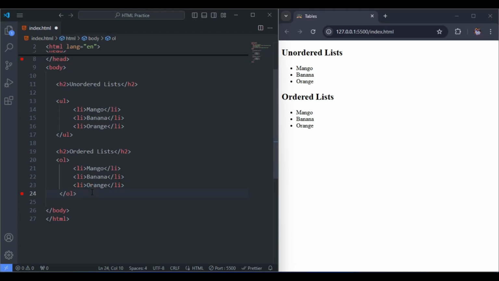So let's go ahead and save our file. So as you can see, the items inside the ordered list are marked with numbers by default. So they are basically arranged in a numerical order. So that's very cool. Now we're going to move to the last but not least, which is